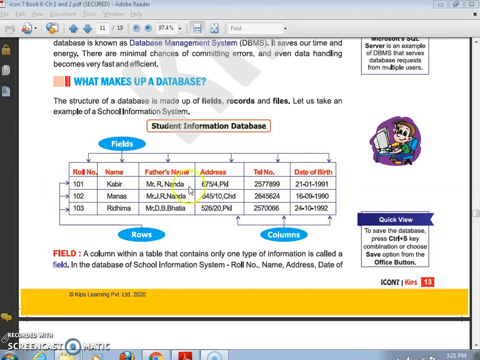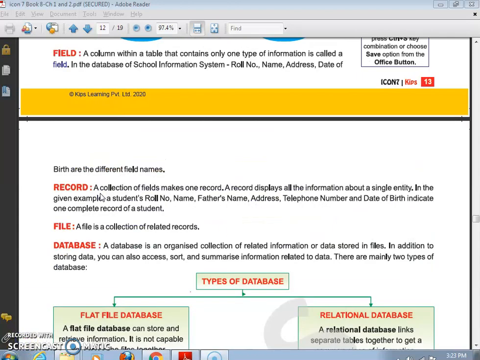So when you read it horizontally, then it gives complete informations about a student. Okay, this is called row. And column wise, the informations like telephone number, date of birth, these are the headings under the column. This is called the column headings or the column which containing a particular informations. Okay, we will discuss one by one field, record, file and database.